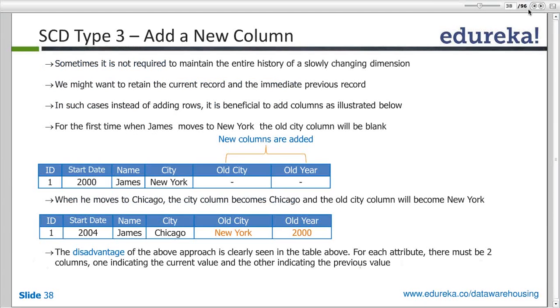We discussed, first one was to update the record. So type 2 is to add a new row. The third one is to add a new column. So in this, as I told in the previous example, city 1, city 2, where you add a new column and say my old city was New York, my old year is